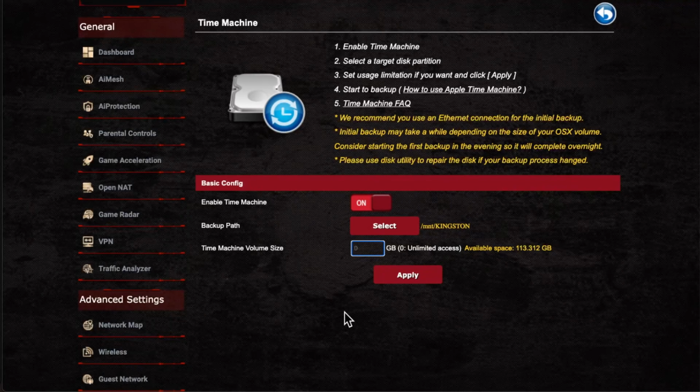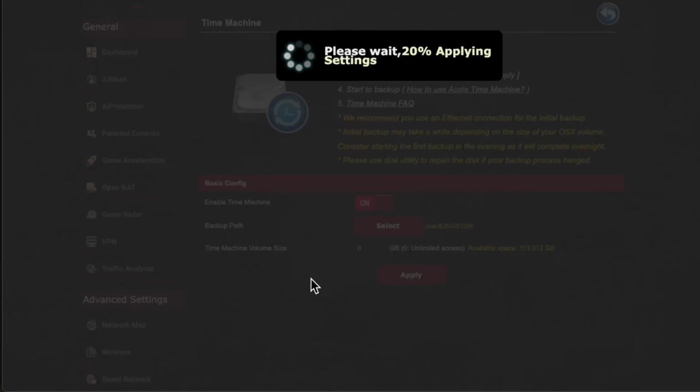So just remember that when you're buying either a USB drive or anything like that, it's got to be enough storage to back up your hard drive or whatever files you select using Time Machine. So I'm just going to leave it with 0, so hopefully it won't try and use everything that's possible. So then we just click apply, and then you just give it another few minutes while it